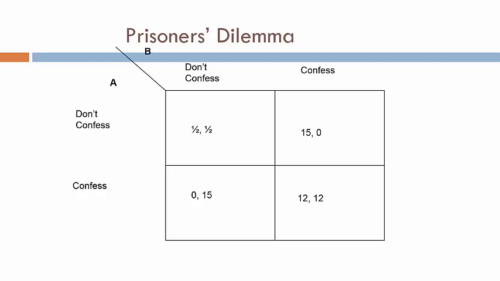Now in this game, regardless of B's action, A prefers confess to don't confess. When the optimal action of a player does not depend on the competitor's action, the player is said to have a dominant strategy. In this case, the action of confess dominates the action of don't confess. We can go through the same exercise by fixing A's action to don't confess or confess and ask what is B's optimal response. We will find that, like A, player B also would prefer to confess regardless of what A does.